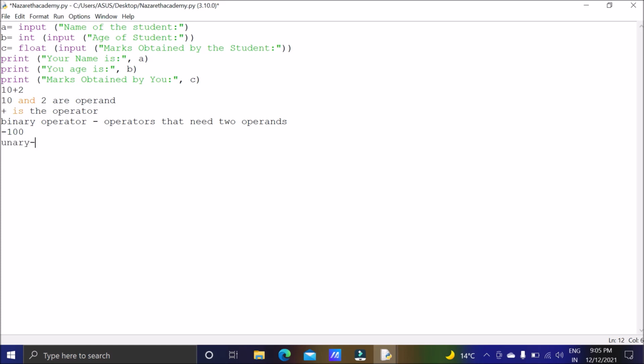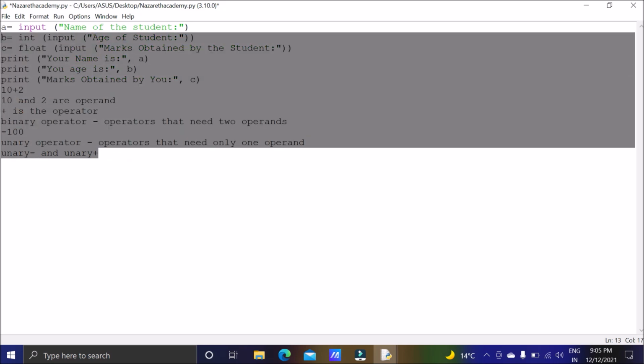So those operators which need only one operand are called unary operators. There are two unary operators, unary minus and unary plus. So let's see unary plus and unary minus.